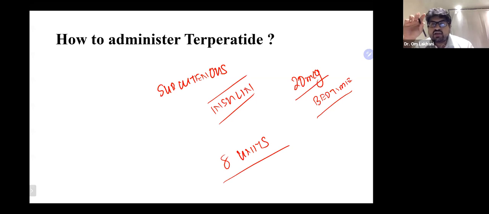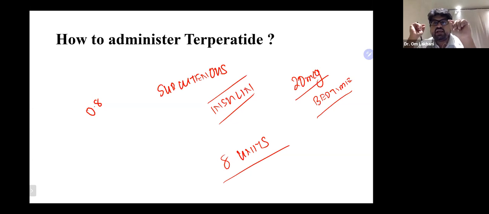Now, again, there is a confusion, because if you're using some other pen, for example, Zydus's Bone Max PTH, the markings are different. So in a Bone Max PTH, you have to use 0.8. There is a marking called 0.8. Today, I just taught one of the patients how to use this. Often patients don't understand this. So you have to teach the patient the right way of using it.